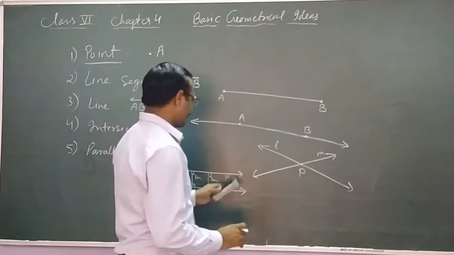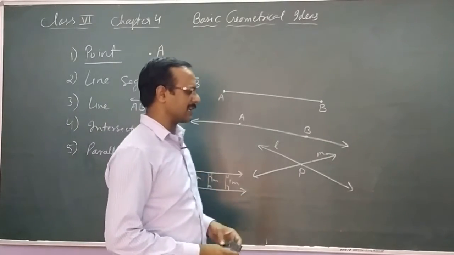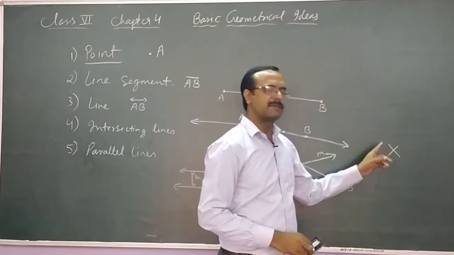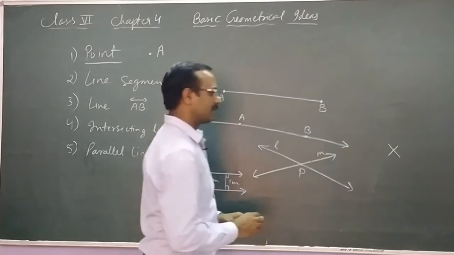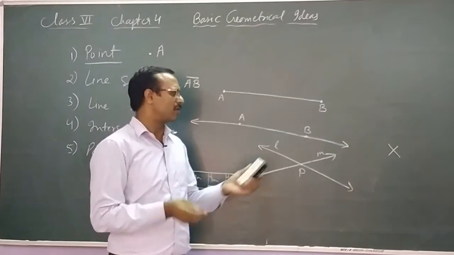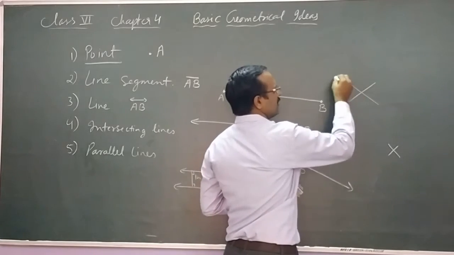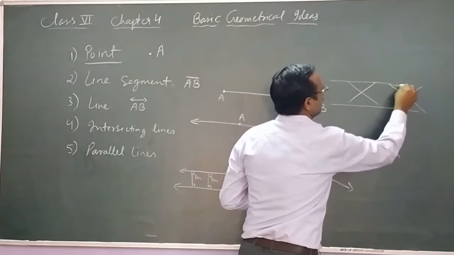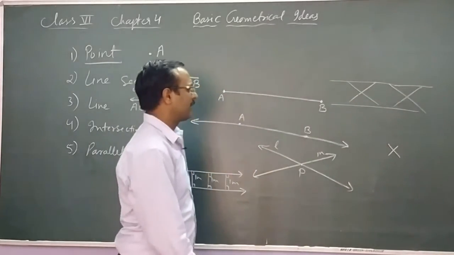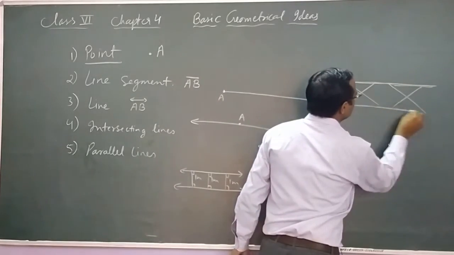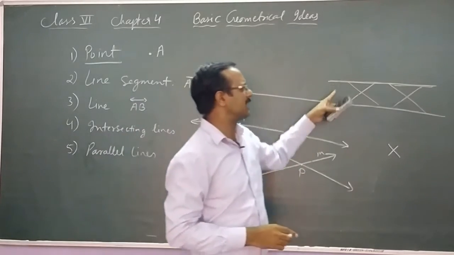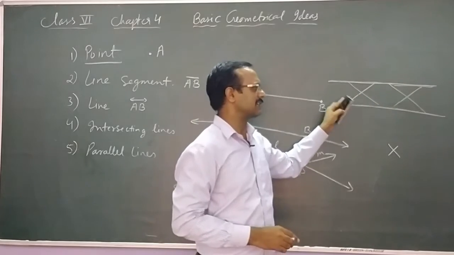Now you can see that an example of intersecting lines is the alphabet X. These are line segments, but they are intersecting each other. Similarly, we have seen many places where there are crosses like this. In bridges also, if there is a bridge over the river, you can see the rods are put in a cross. These are intersecting lines. And if you see the top and bottom of this bridge, they are going parallel to each other, they are not intersecting each other. So these lines are parallel lines, these are intersecting lines.